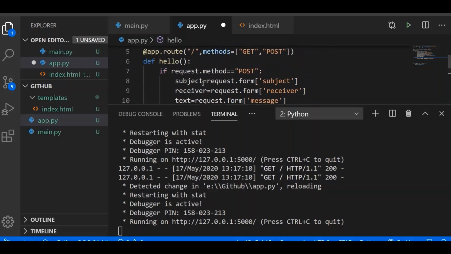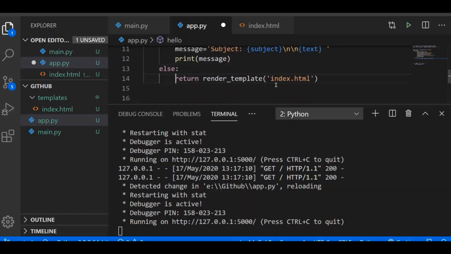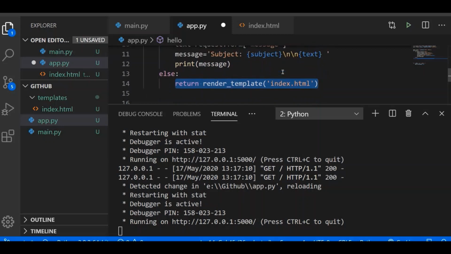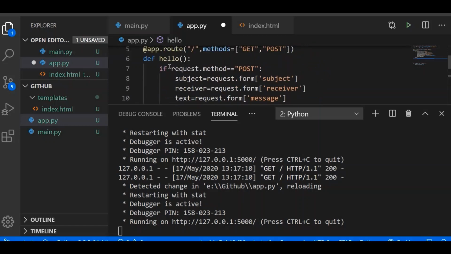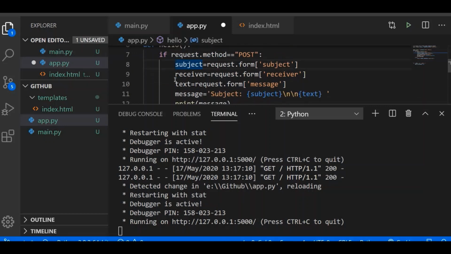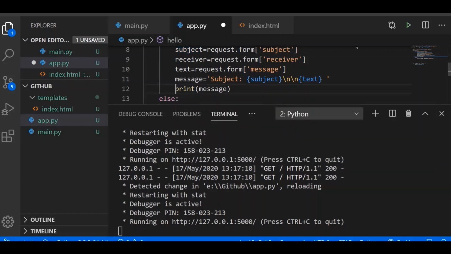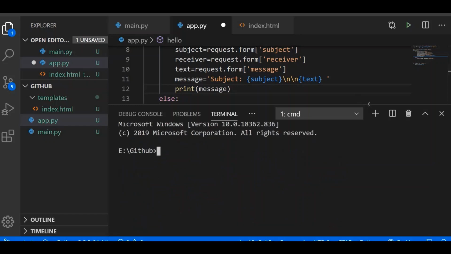If the method is not POST, it will show this index.html, and after showing it we will print. Then if we submit, the method will be POST, and then we will just get all these values, and I am printing message to verify whether the POST method is working or not.